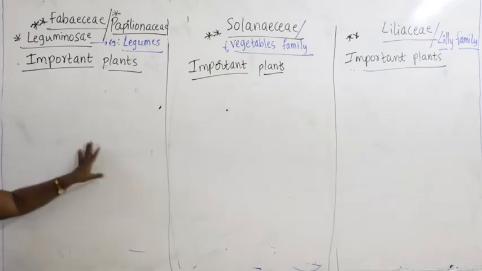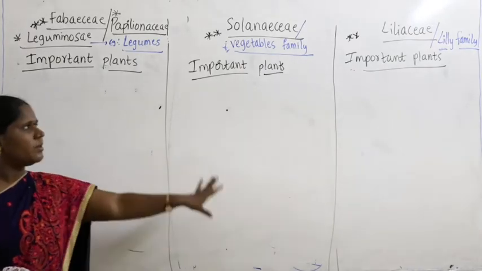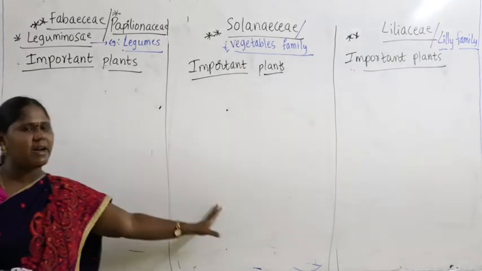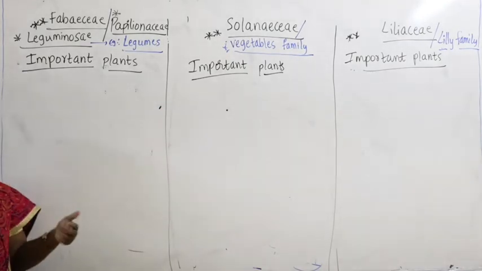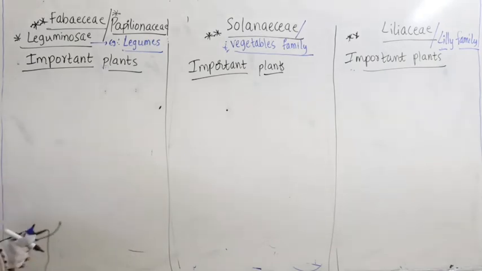Now, let us put everything together on the board. Because I have already told you to learn all these plants in earlier classes by giving the table. So, now recollect back all the plants. Let us start writing one by one. So, first one is